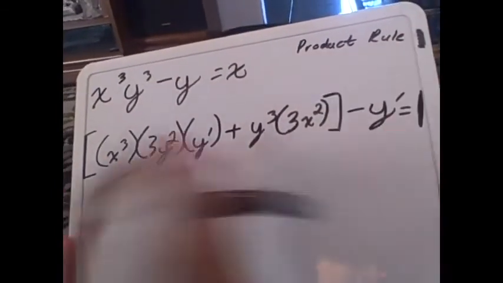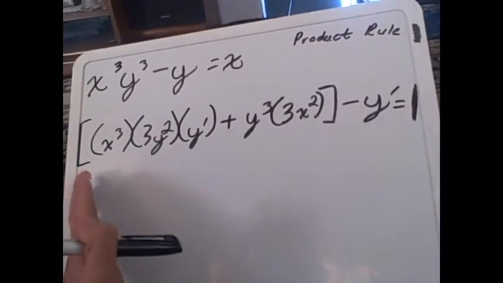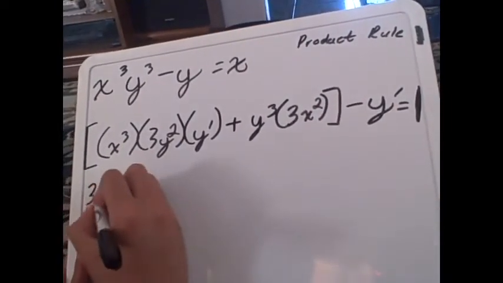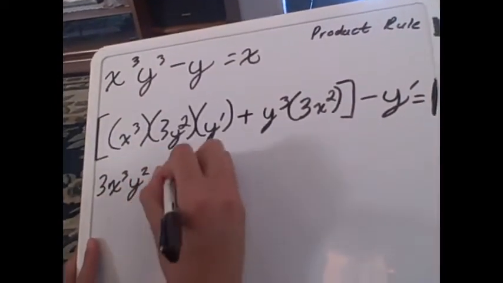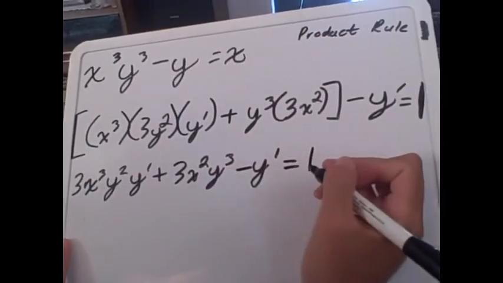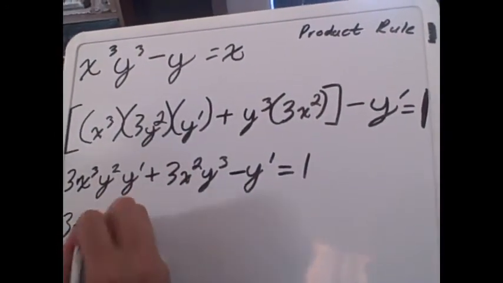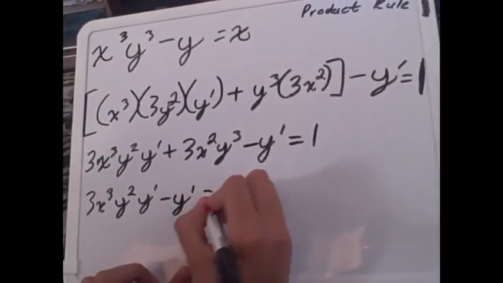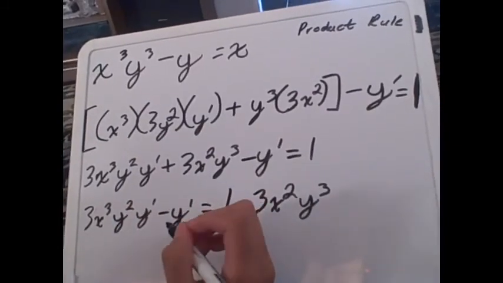Alrighty then. So if you remember DOFS, we just did D, which is to derive both sides. Now we use O. We have to organize all this. So we have to get all the y primes on one side and all the others on the other side. So first, let's simplify this so we can have a little more room. This will be x cubed times 3y squared y prime, plus 3x squared y cubed, minus y prime, equal to 1. So we have to get all the y primes on one side and all the other variables on the other. So we subtract the 3x squared y cubed to the other side, which will get us 1 minus 3x squared y cubed. So now that we have y primes on both sides, we go to our